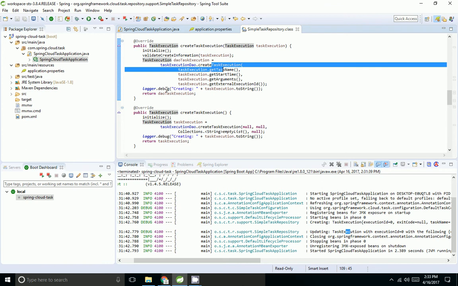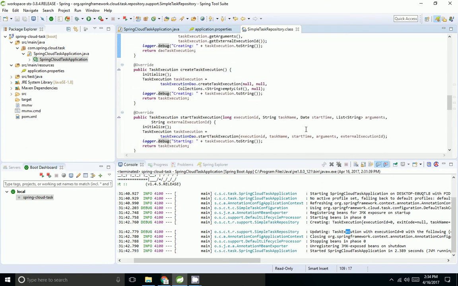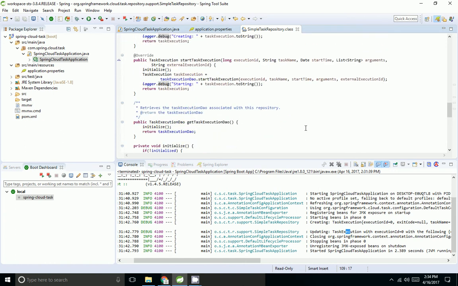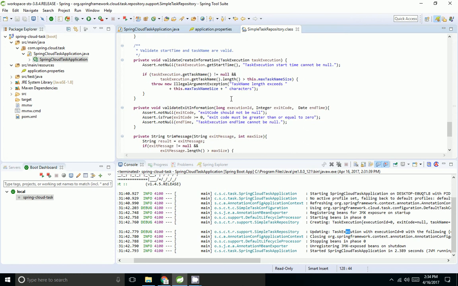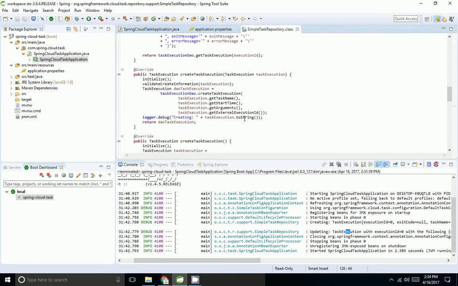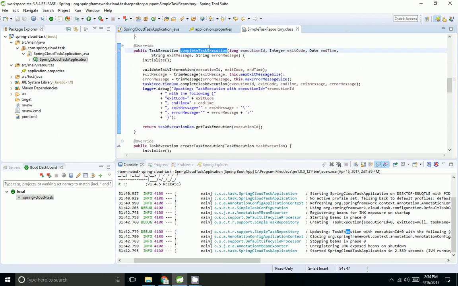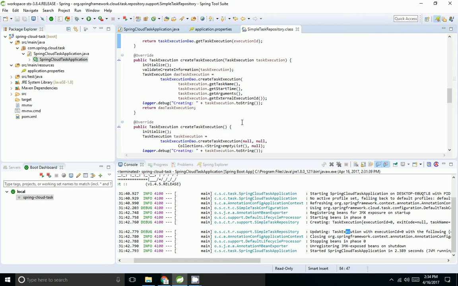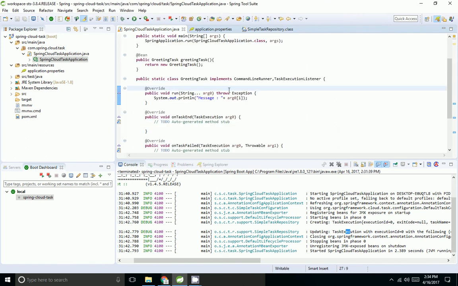When I enable the debug, I am able to see these log messages. One is task startup and the other one is task end, on completion of a task. So for complete task execution we are giving it to the log, and for the startup we are giving the log messages. So if something goes wrong in production, I can see what is happening on my machine by seeing this log